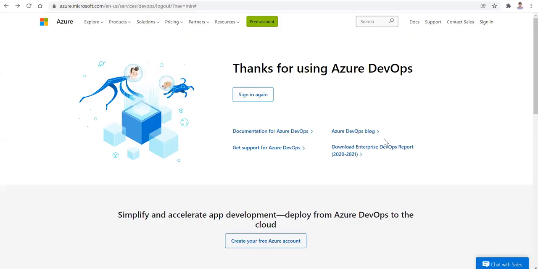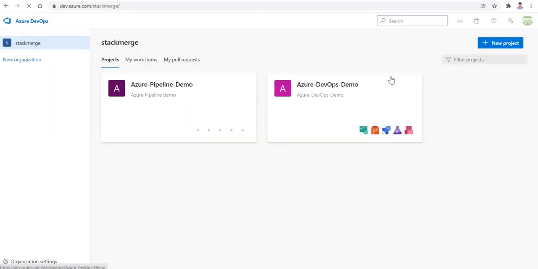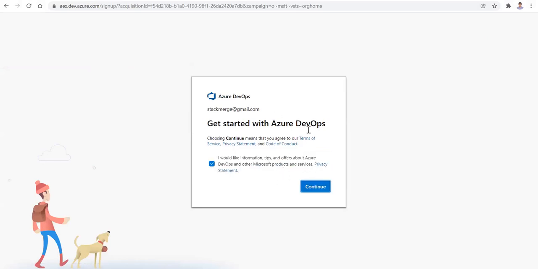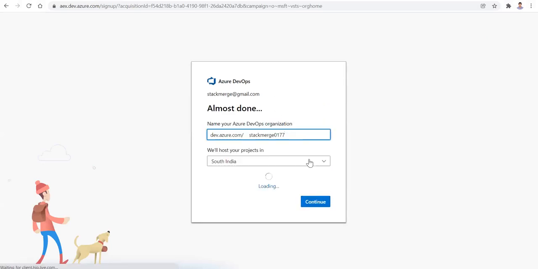Let's go ahead and log into our Azure DevOps services. If we have a GitHub account, you can log in with the GitHub account here. So I logged in with the GitHub account, and you can go ahead and create a new organization here. I have already created one, so let me show you how to create that organization.